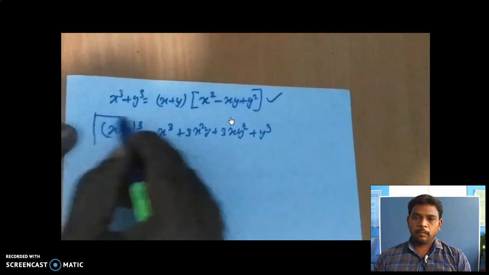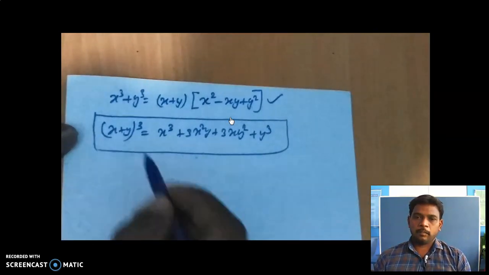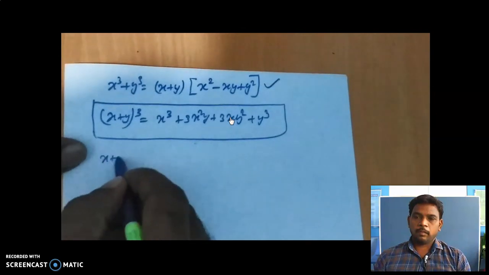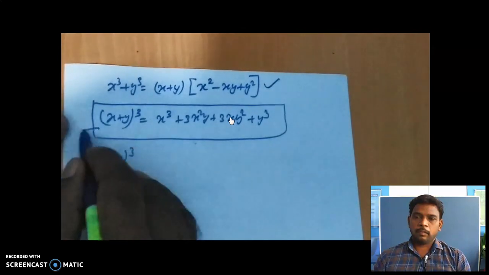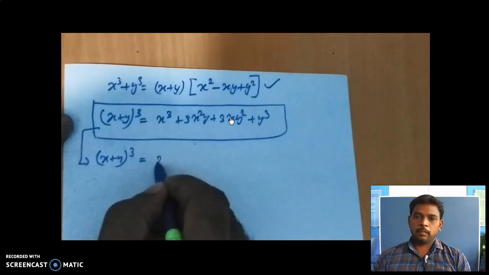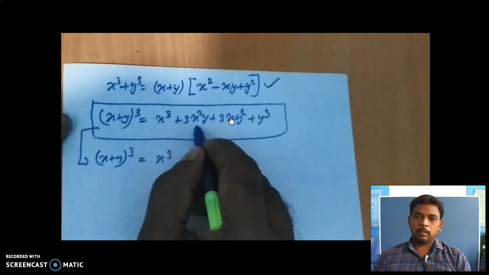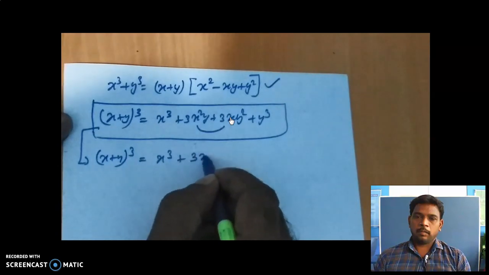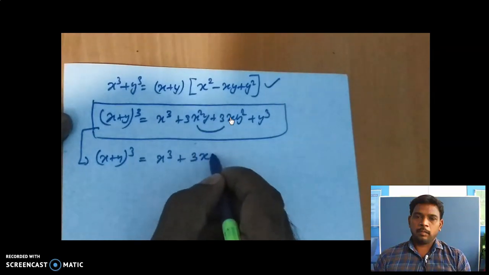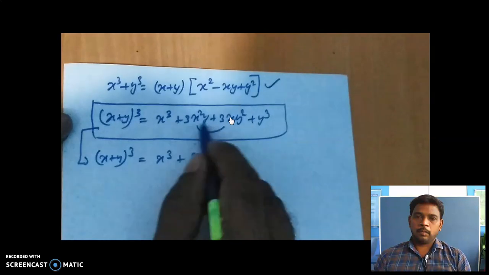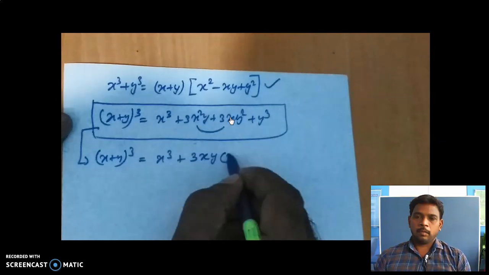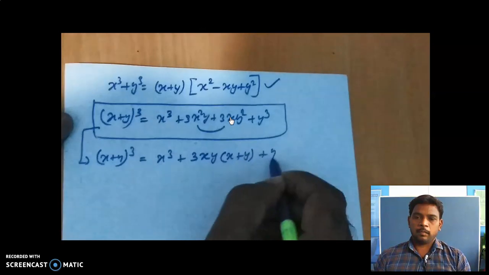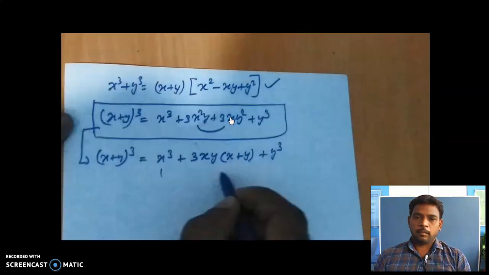So now we are going to use this respective formula only. Here it is the same thing. Keep (x plus y) whole cube as it is; I am continuing from here itself. So equal to x cube, and from these two terms, which are common? 3 is common, 1 x is common, and 1 y is common. What about the remaining? Here 1 x will be there, and here only 1 y will be there, plus this is the last term. Now this is the first term, second term, third term.